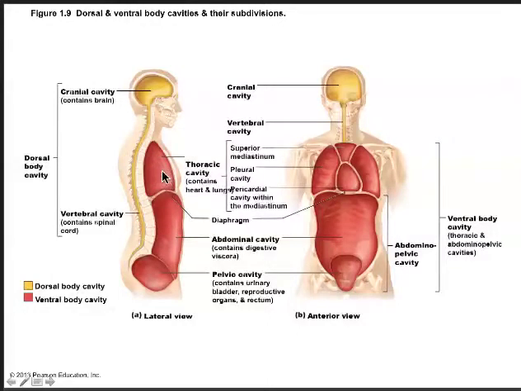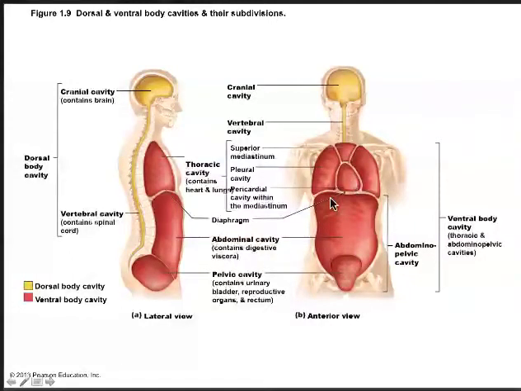lungs and the trachea and bronchi, the abdominal pelvic cavity, which contains the liver, the spleen, the pancreas, the large and small intestine, the stomach, the kidneys, and adrenal glands, the ureters, and then the bladder down here in the pelvic region. And again, you can see here the diaphragm, the major dividing line between the thoracic and abdominal pelvic cavities. And then if we look at this in an anterior view, what you can see in the thoracic cavity